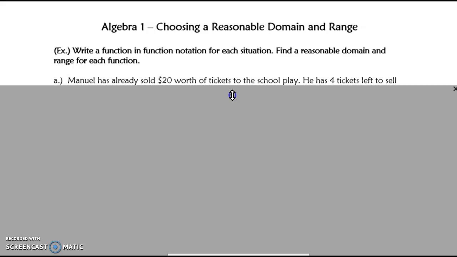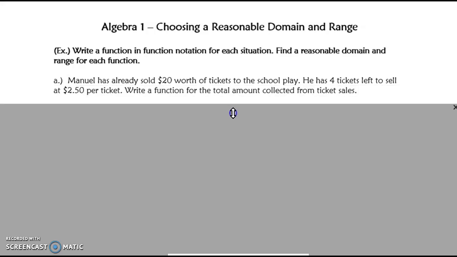So on our Bell work, the domain for number 3 was 12. That's what we put into the function. And then the range was $30. That was the output. So we're going to choose reasonable domain and range for these specific